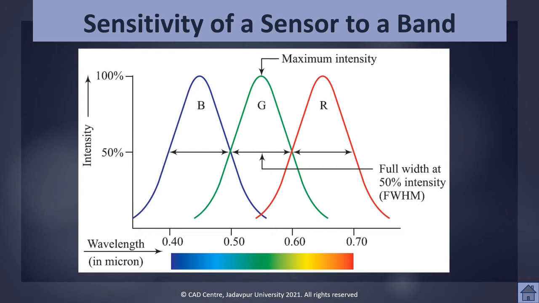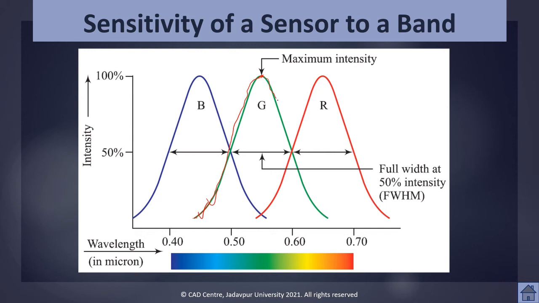For example, if we consider the green band, this is the curve for the sensitivity of the sensor or the intensity curve of the green band. That means the intensity of green starts increasing from this location and reaches its maxima over here,